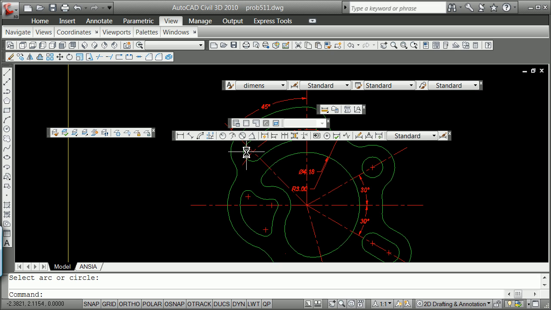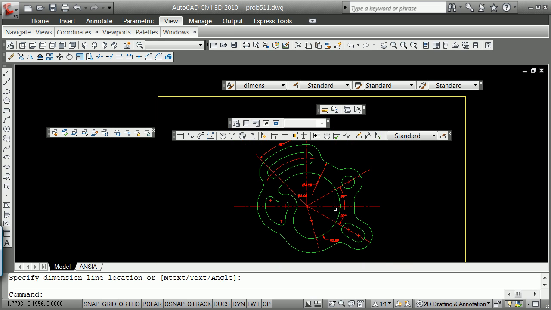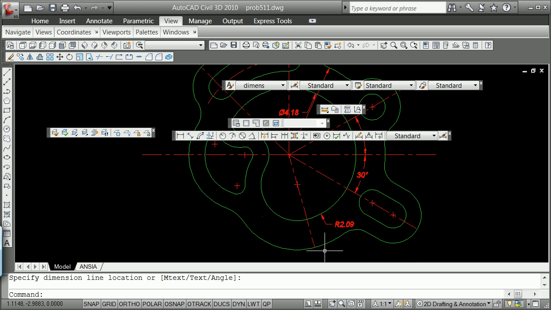Even to the point that you can dimension a center of a fillet, which then gives you something you can radius out. Let's go ahead and get that from there. And in the end, remember the dimension that was blown, and that was, of course,